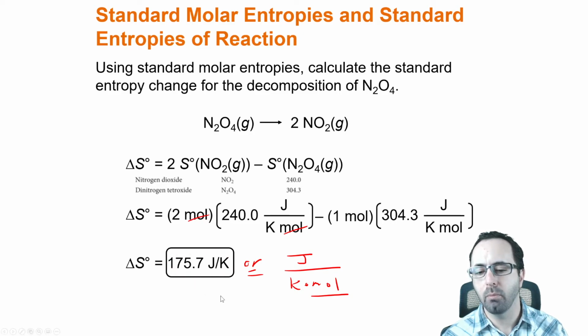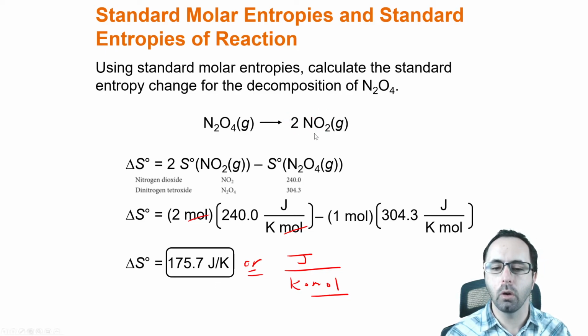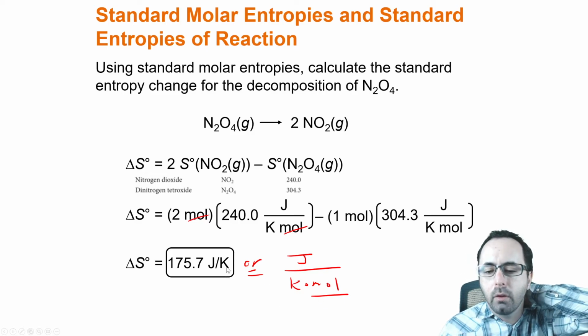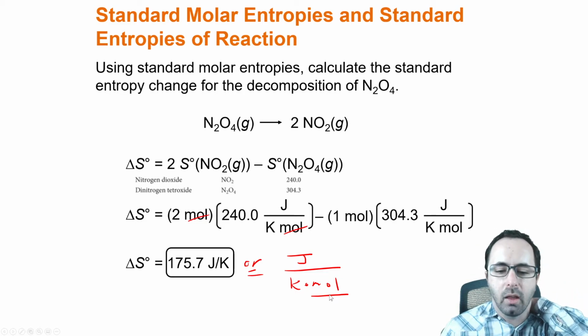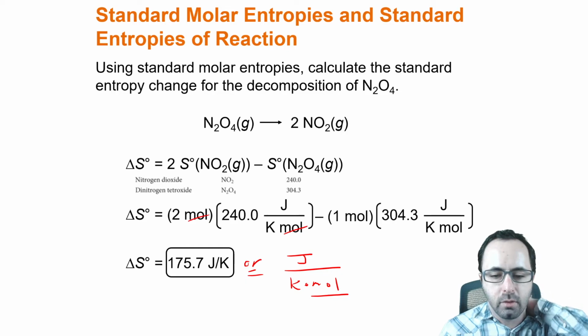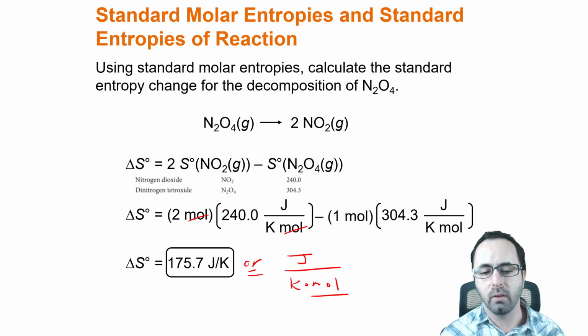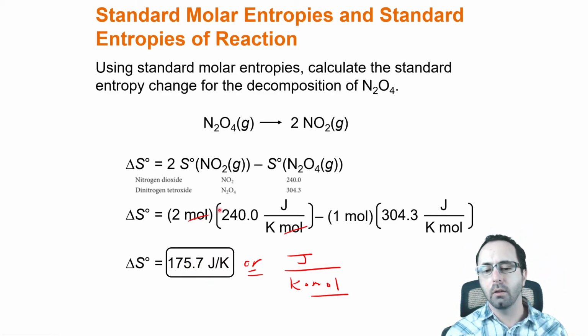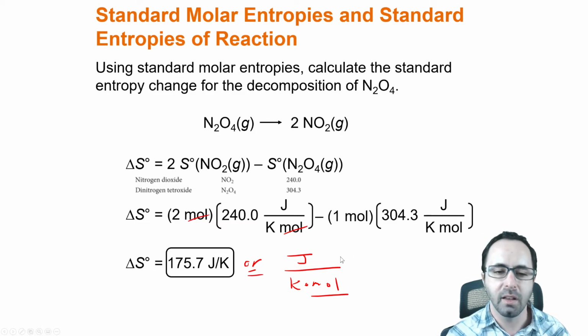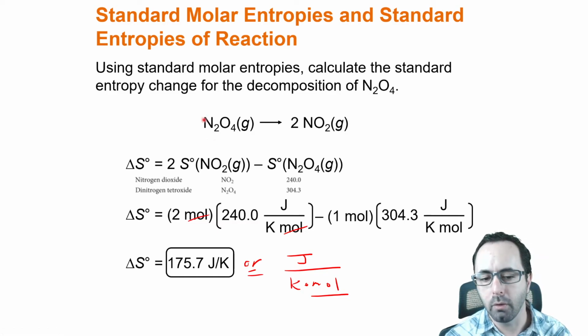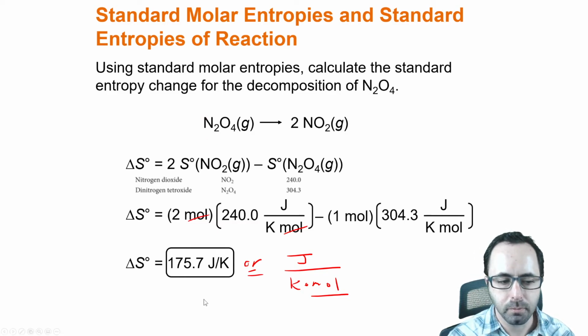positive 175.7 joules per Kelvin. Or when 2 moles of NO2 are produced, 175.7 joules per Kelvin is the change in entropy. The mole there is implied, so whether you write it or not, it's really the same thing. And I know that's often confusing for students, especially when I'm telling you to focus on your units all of the time. This is one of those situations where sometimes the mole is implied, or here you cancel moles and then you still write moles. That is okay, because the mole here is indicating that per 1 mole of this that reacts, you have this entropy change.